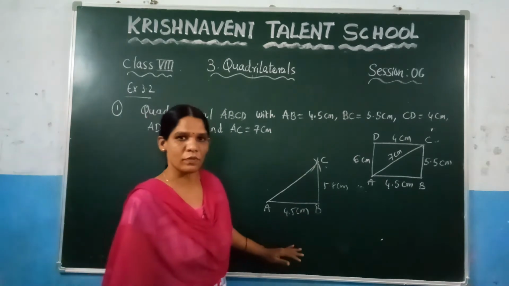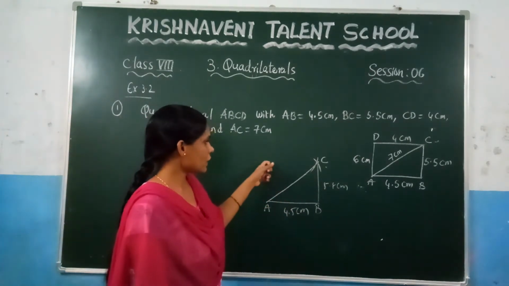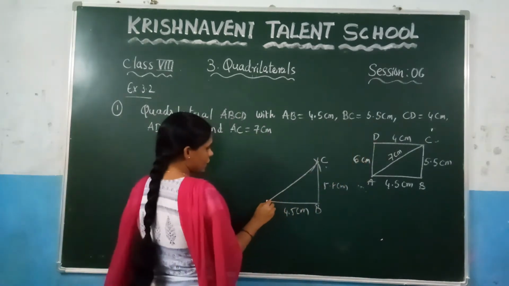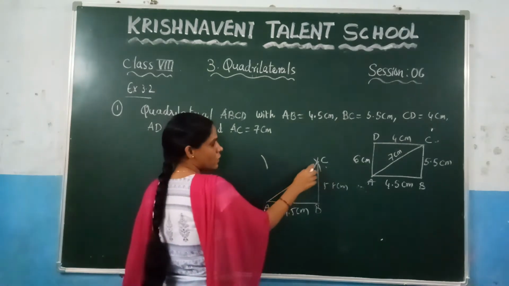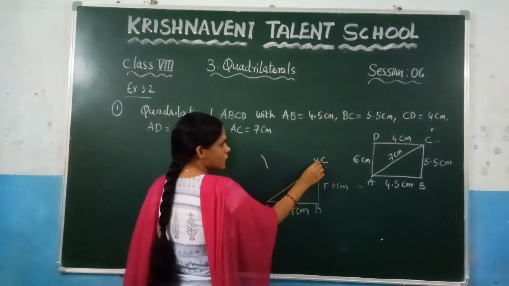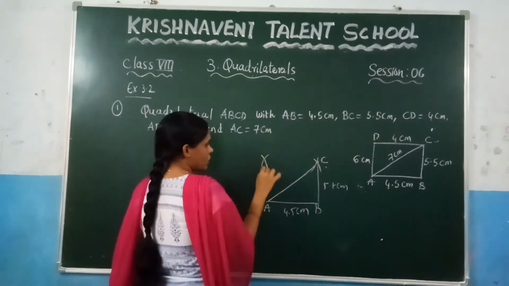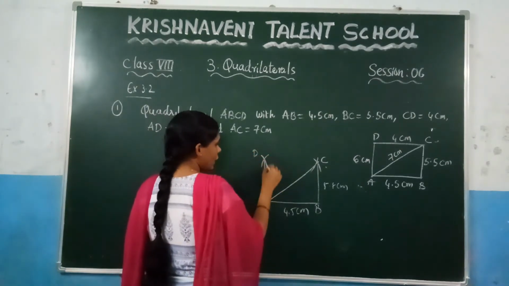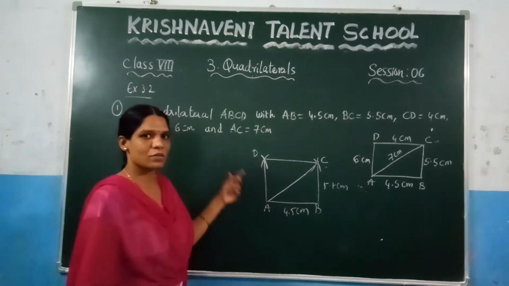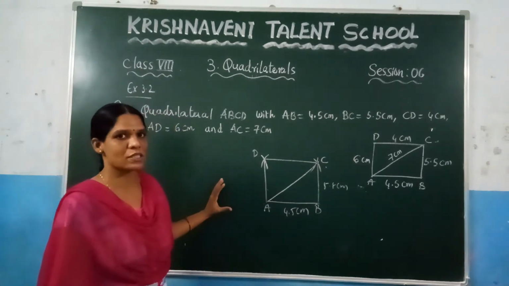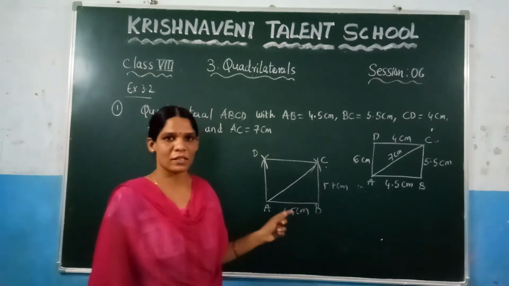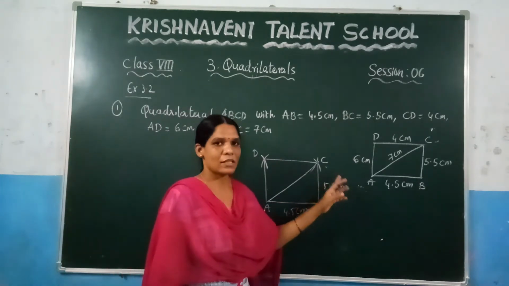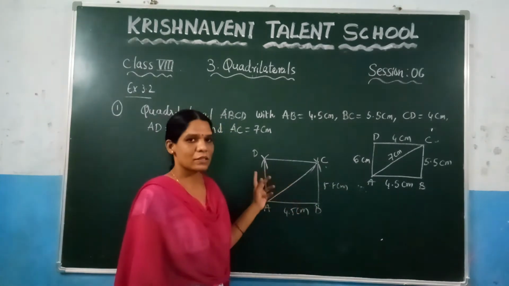Now clearly we got one triangle. Now we need to mark one more vertex here. So from A, make an arc of 6 centimeters. At this point, make an arc of 6 centimeters. Since we got one intersection point, at that point make an arc of 4 centimeters. So again we got one intersection point; name it D, and join AD and CD. So you will get the quadrilateral ABCD. Like that we need to construct it if you have been given 4 sides and one diagonal. First, if any one diagonal is given, you need to construct the triangle first. After that, you can mark the remaining points.